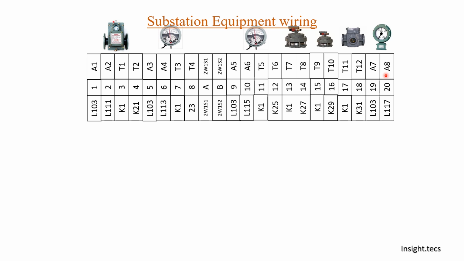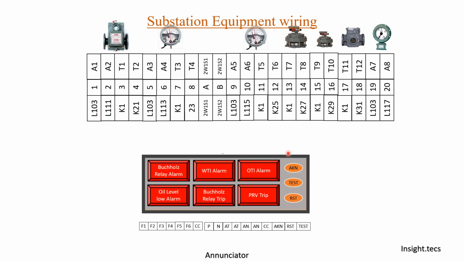Now let us see how we are going to do wiring of all these auxiliary protections up to the control panel, right? You can see over here these are the numbers 1 2 3 4 5 6 given for the TBs, okay? And as I already told, A stands for alarm, T stands for tripping. Now based on this we are going to use an annunciator, right? For all the alarms that we have, there will be alarm indication inside the annunciator in the control panel, right? So for all the alarms we will have wiring to be done inside the annunciator.